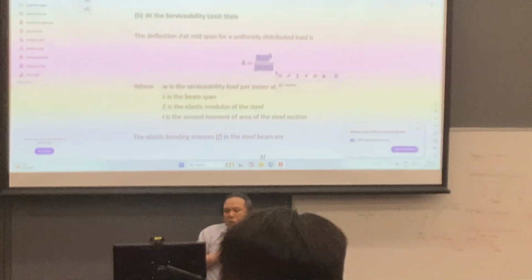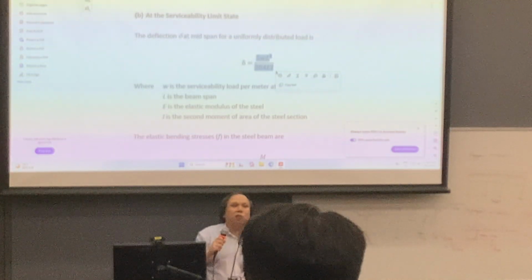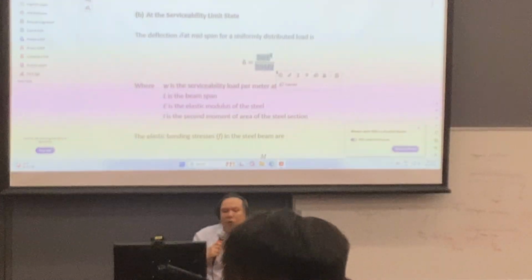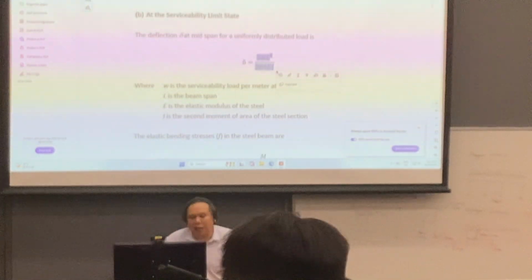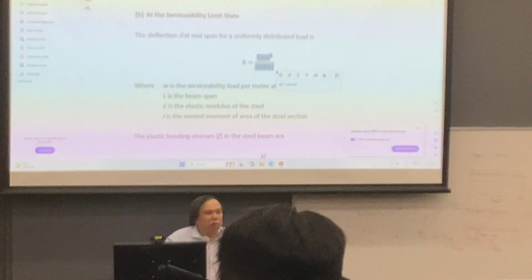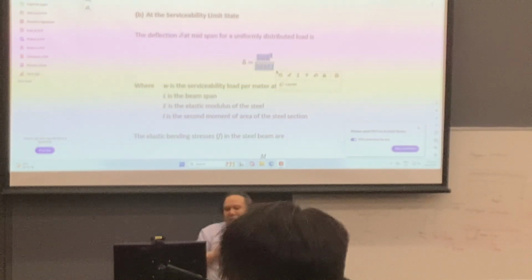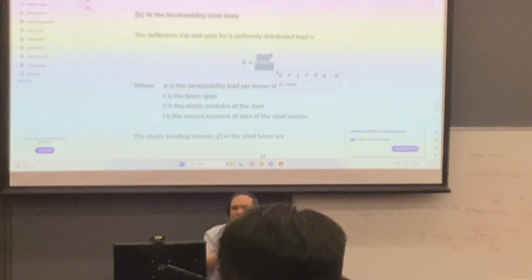It is 5WL to the power 4 over 384EI. 嗱呢條 equation 呢成日你都會見到嘅。呢條 equation 係幾時呢？係有條 simply supported beam，然後你個 distributed load 嘅時候呢，佢中間嘅 deflection 係幾多？OK？成日都見到㗎啦，5 over 384 WL4 over EI，試下記唔記到啦。咁呢，任何時候個 deflection 都用呢個啦。Composite 嘅困難喺邊度呢？What is the difficulty for